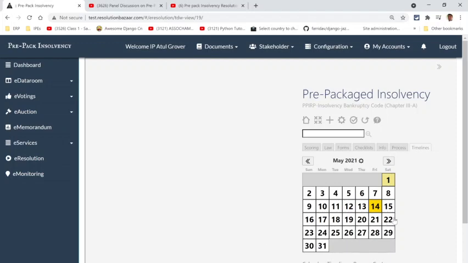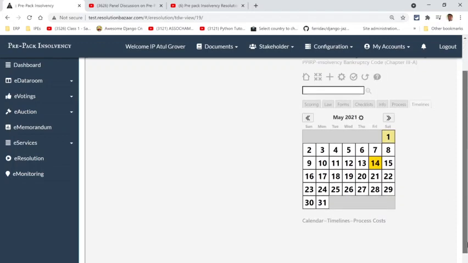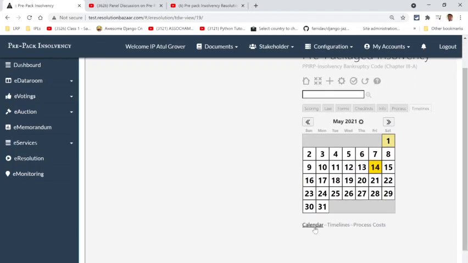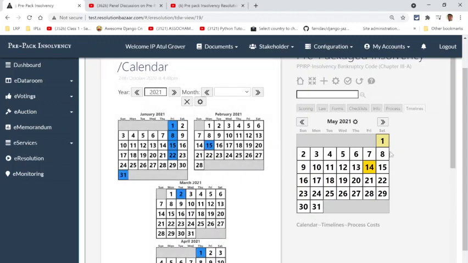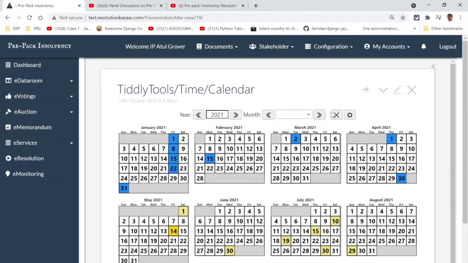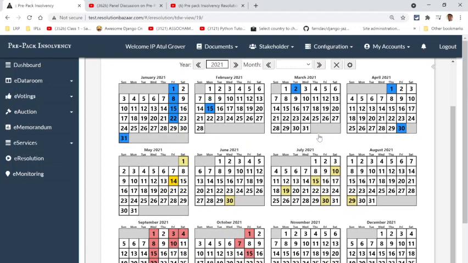So anyway, let's start. This is what your pre-pack calendar should look like. What we see here is that the pre-pack process is in three phases. Phase one, where the corporate debtor or the MSME is going to have a lot of internal discussions and decisions on whether they want to go ahead with the pre-pack process, whether it's going to be beneficial for them, and what the pros and cons are specific to their requirement.